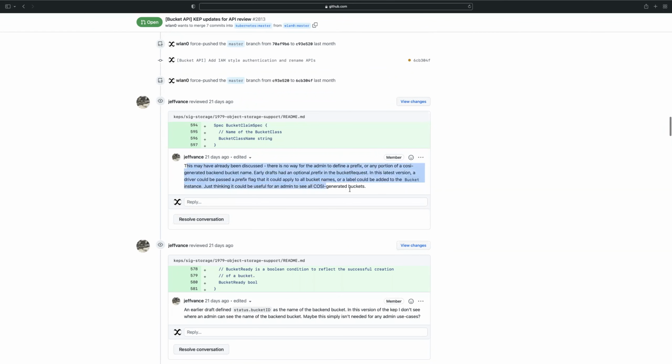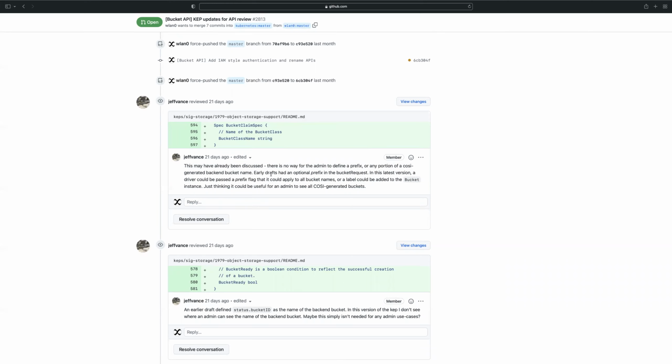Okay, so this is a feature request that we had early on. I want to go over this quickly, and Jeff brought it back up in his review a few weeks back. So when creating a bucket, Red Hat and Jeff, who's from Red Hat, and a bunch of others from Red Hat also wanted a mechanism to provide a prefix for that bucket.